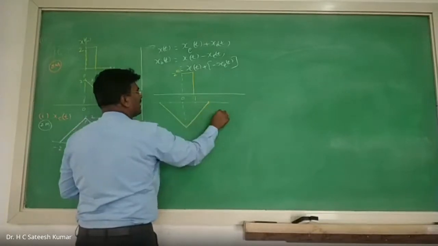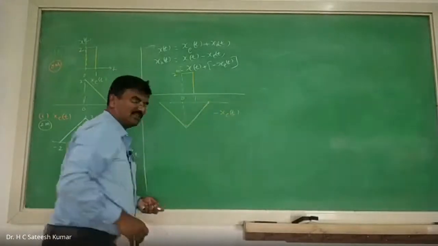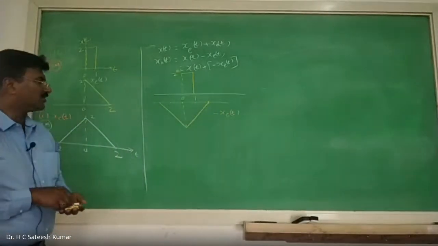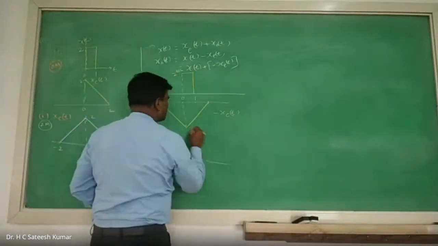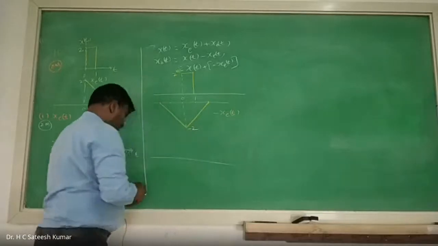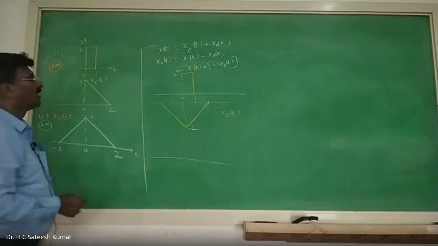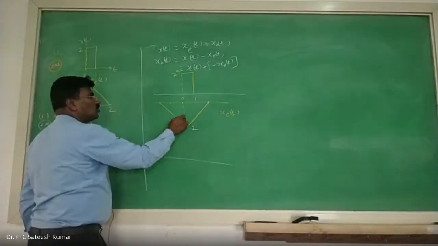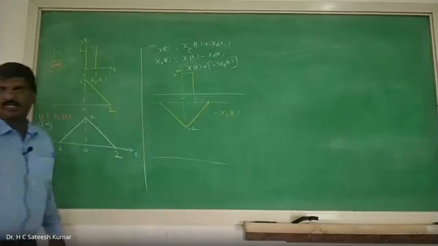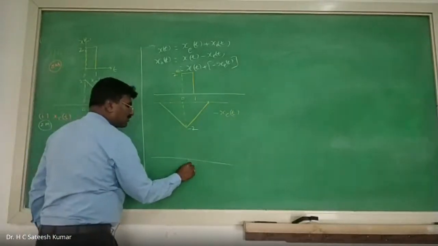This is your minus xc of t. This is a part of x of t. Okay, right. How to do it? Complete it now. Okay, right. Now what is that you can write it? Observe carefully. Minus 2 plus 2. What will you get? Minus 2 plus 2 is what? 0. Minus 2 plus 2 is 0.